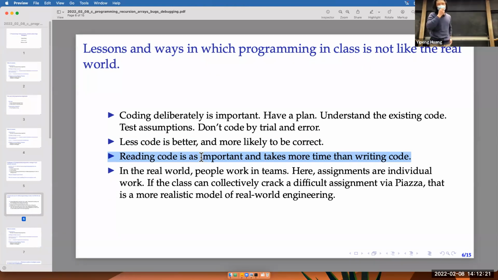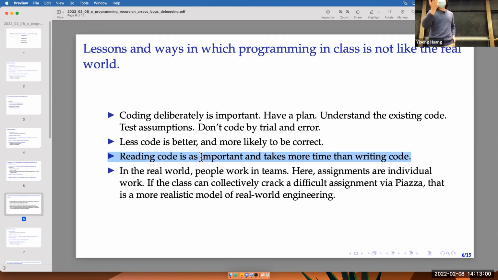But if you really ask people who practice computer science and are programmers and use computer science in the real world, most of their time when they're dealing with code is spent reading code and not writing code. The actual step of sitting down and creating new code is a tiny sliver of the whole software cycle, right? A lot of time is spent reading code, maintaining code, debugging code, testing code, documenting code, and the actual writing portion is a very small portion. So even if it seems like, okay, I'm spending too much time reading the provided code,